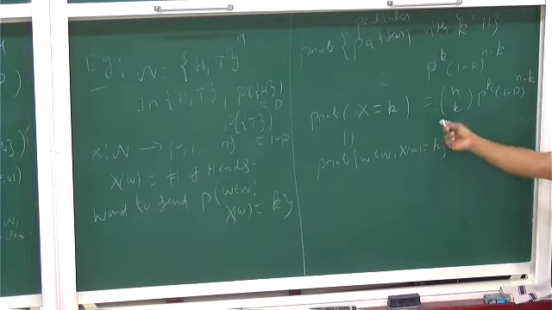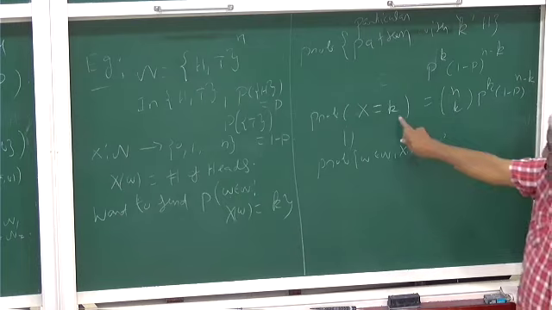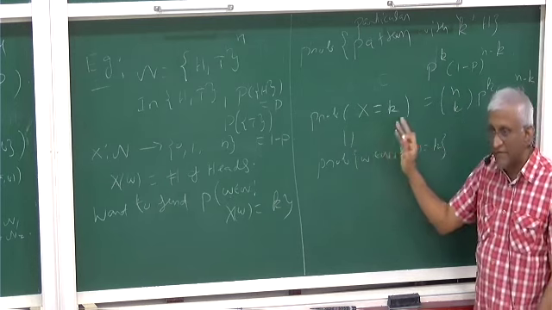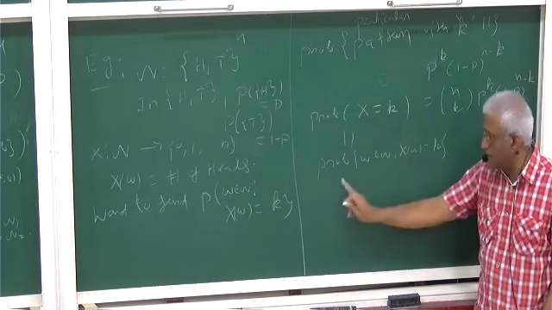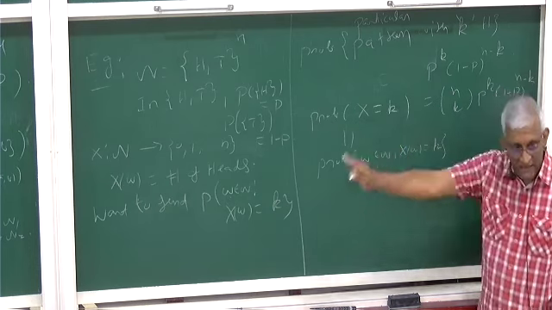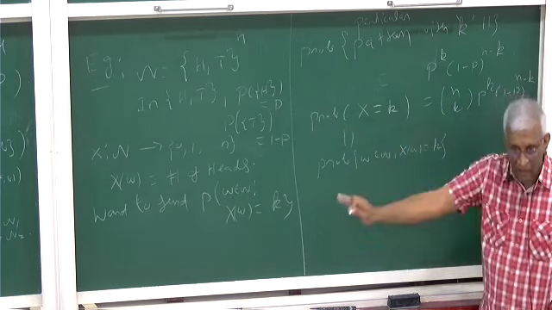So this is a random variable. We have found this function. This is how we write probability of X equal to k. When you write probability of X equal to k, that means, mathematically, probability of all those omega, because probability is defined on omega. So we are getting a new function, probability of X equal to k.